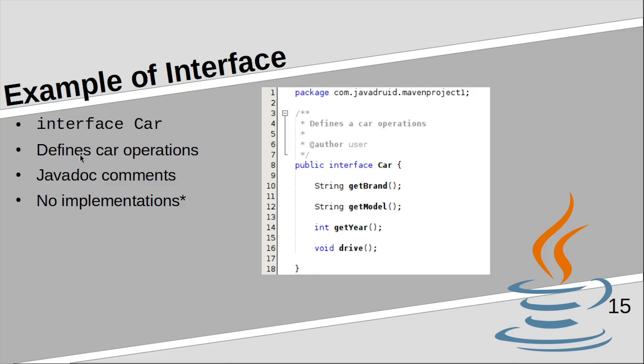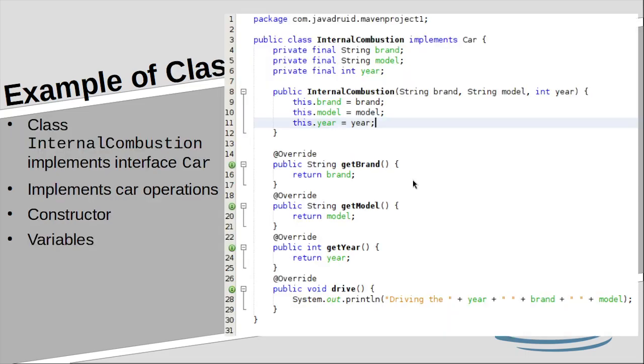You see here it says no implementations, and there's an asterisk after Java 8. You can have some, with some restrictions. You can implement some functions here, but again, separate series.